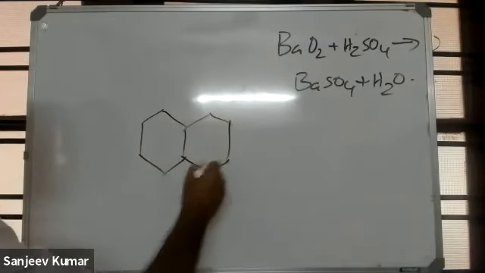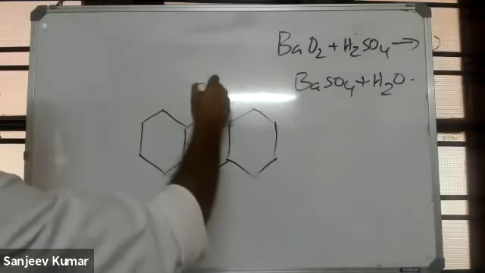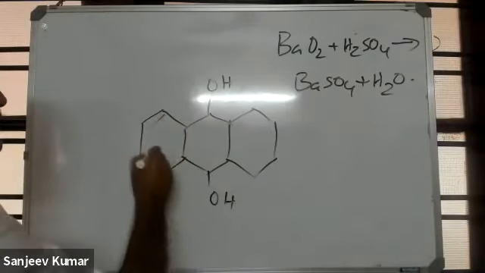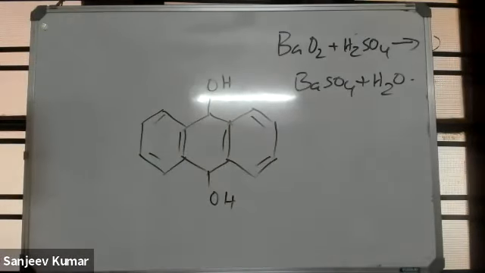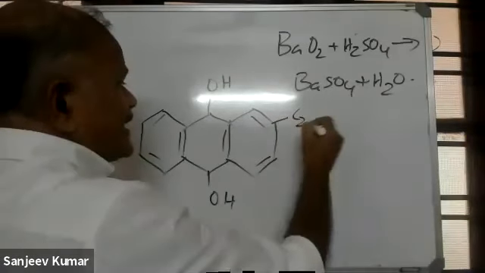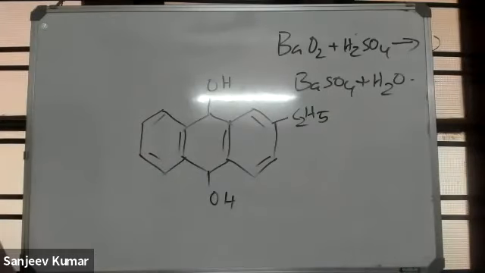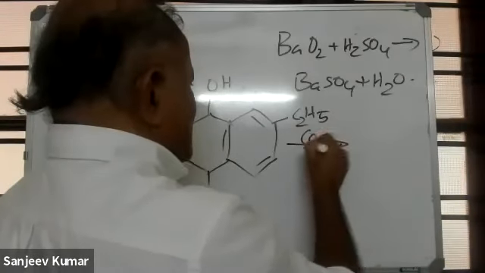Anthracene has 3 benzene rings, and this is anthraquinol, and this is 2-ethyl anthraquinol. And that, on air oxidation,